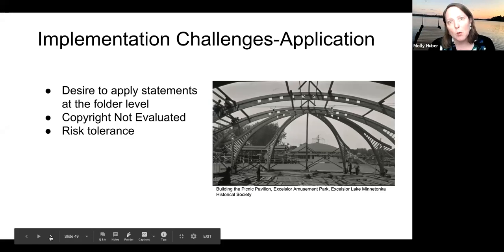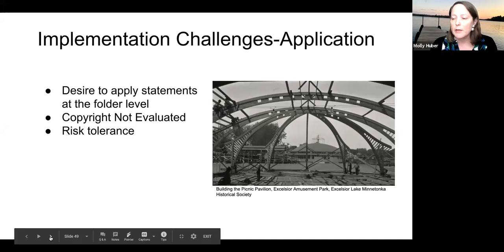Another big consideration when you're thinking about what rights statements to put on things is your institution's tolerance for risk. What you as an individual are comfortable with, but more importantly, what the organization's tolerance is. One of the things that I love about the Orbis Cascade tool, for example, and that we also tried to build into the Minnesota Digital Library tool, is that sometimes you go through the workflow, or the questions about the object, and you arrive at a couple of potential rights statements that you could use.